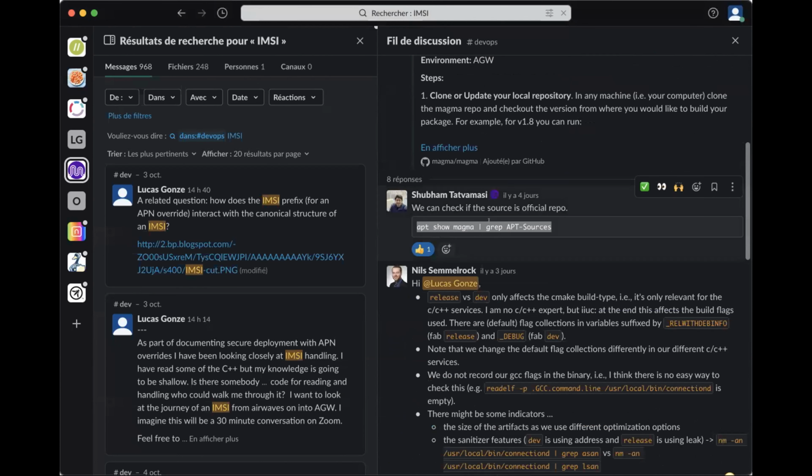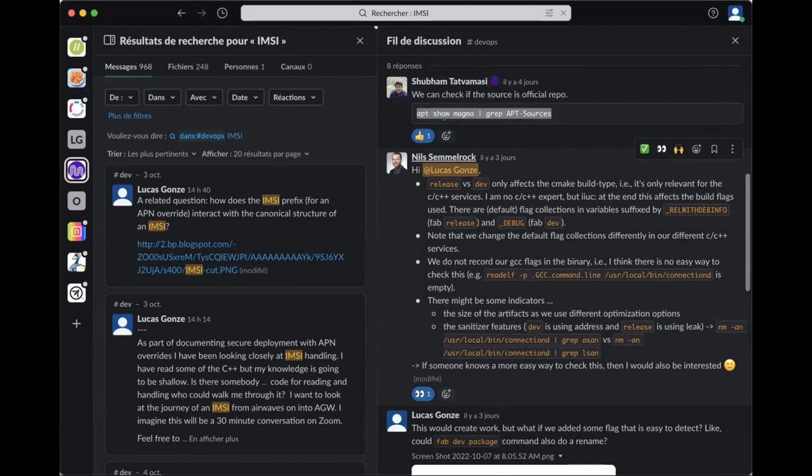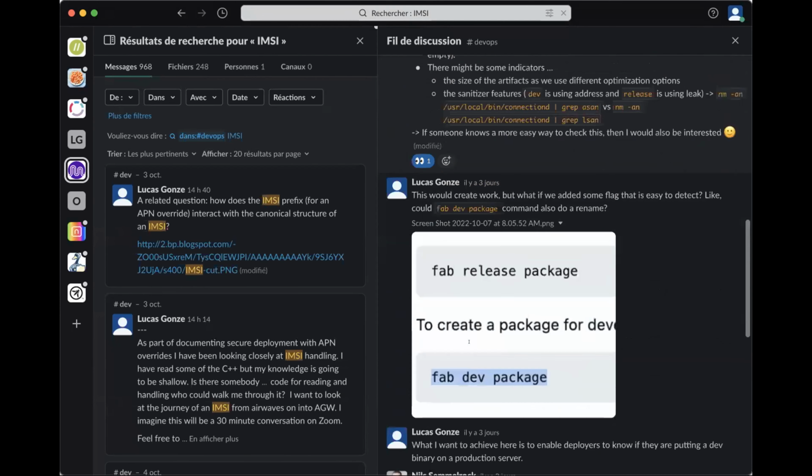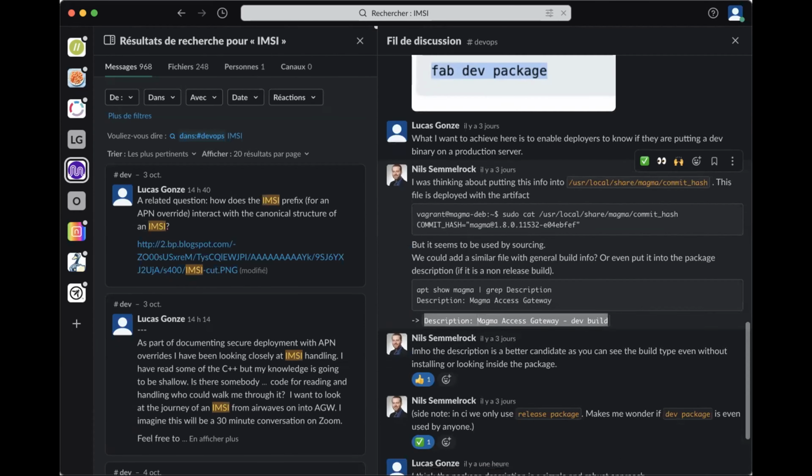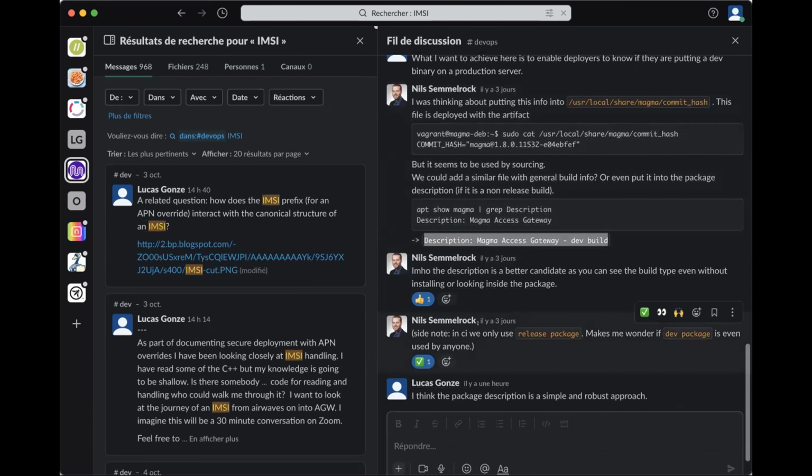Shalom came up with this method, and Nils suggested another approach that involves actually tagging the description with the dev build flag. And I wonder about community feelings on that. Let me add that doing that would not be backwards compatible with what we're already doing, right? People would have to be using new code and not 1.8. But I think it would be effective and simple.